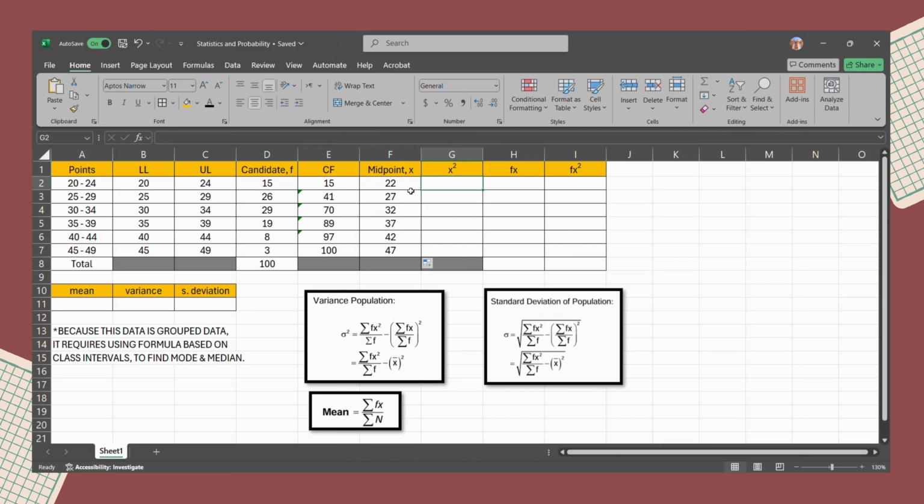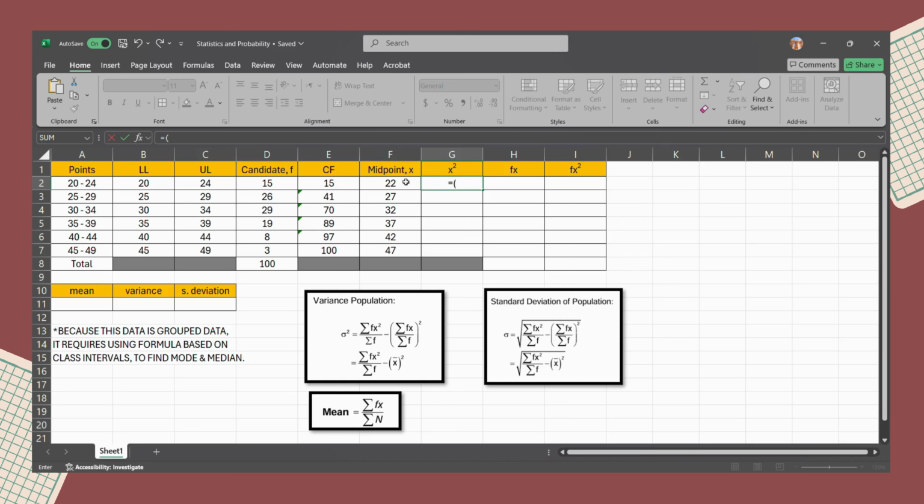Next, we need to square the midpoint, so we can find the fx after this. For the x squared, we just use the function equals and open bracket.